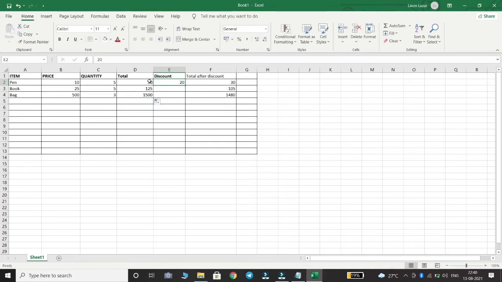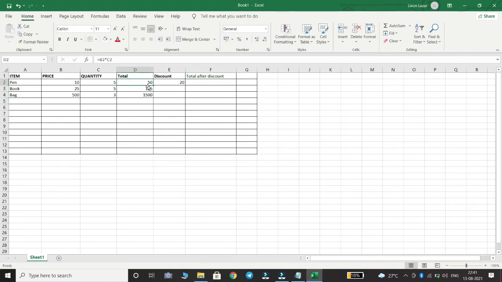Then the total we have also calculated. The total amount of pen is 50, book is 25 into 5, 125. Then the total amount of bag is 500 into 3, 1500. This is how we calculate the total, that is price into quantity.